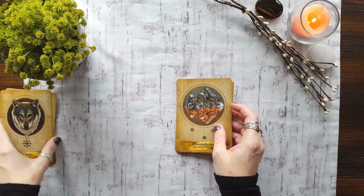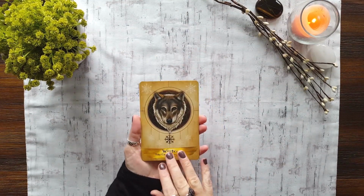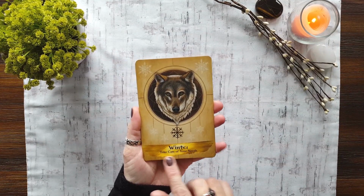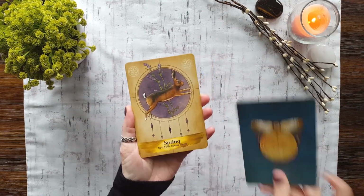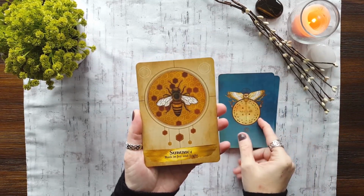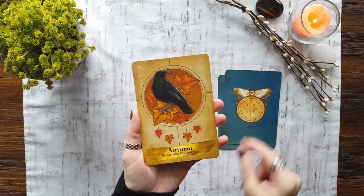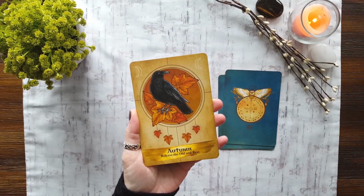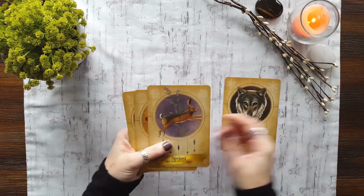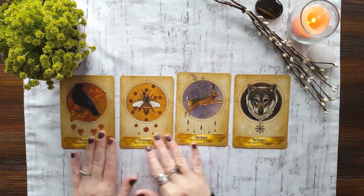And finally, we have the beautiful 4 seasons cards. So these cards help you tap into the medicine of powerful seasonal energy. So here we have winter, taking care of your needs with the beautiful wolf. Spring, see your seeds grow with the hare. Summer, bask in joy and light with the bee. And autumn, release the old and rest with the raven or the crow. How beautiful are those? So these, set these out and you have wonderful seasonal intention cards to represent